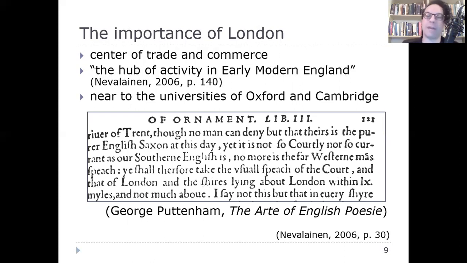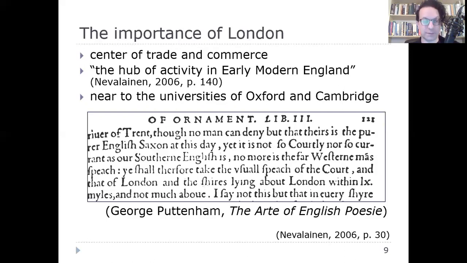There's a very famous passage, actually, by George Puttenham in his book, The Art of English Poesy, which is quoted, for example, on page 30 in Neverleinen. I just wanted to show you the original here. If you look into the fourth line there, that's where the very, very famous sentence begins. Art of English Poesy. So he's writing a book for people wanting to write poetry in English, and sort of acting sort of like a coach, telling them how to use the English language in poetry. And here he says,